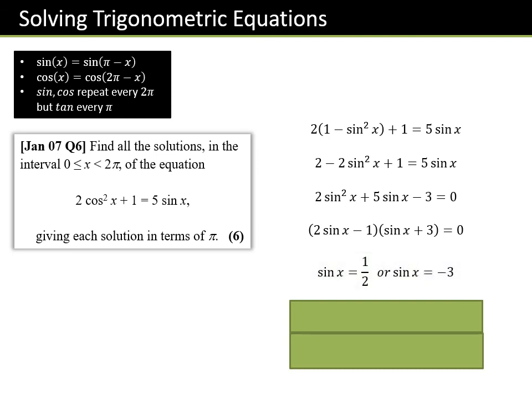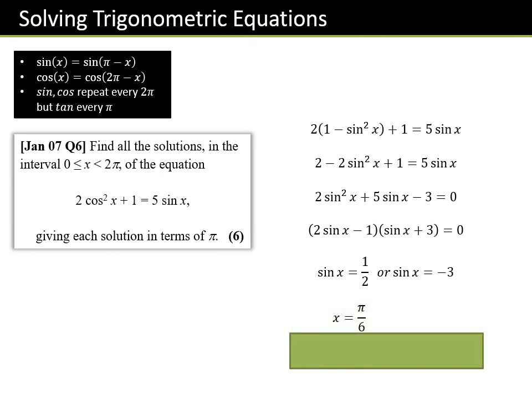So for our first bracket, we get sine x equals 1/2. Our second bracket, we get sine x is -3. That's not possible. Sine x has got a range of -1 to +1, so we can reject that second bracket. We're only therefore looking at sine x equals 1/2. That's what we